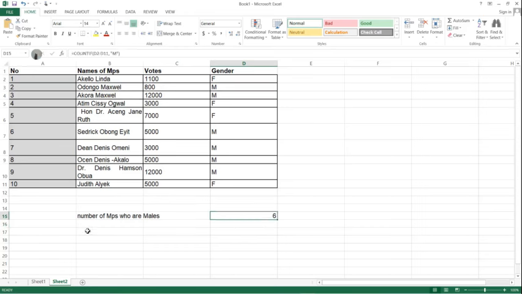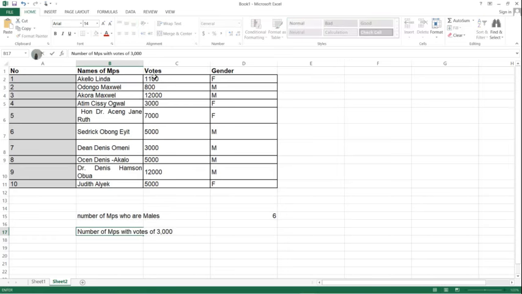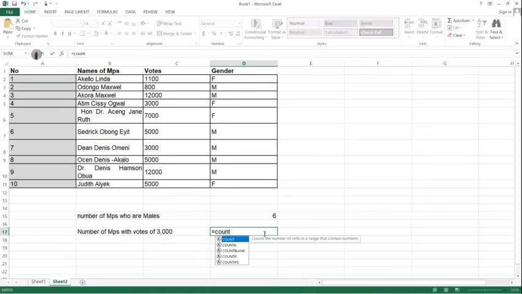Okay? So the next question here would be to compute the number of MPs with votes over 3,000. Okay? Let's work out to confirm this. We're going to say it's equal to COUNTIF, open bracket, then you say